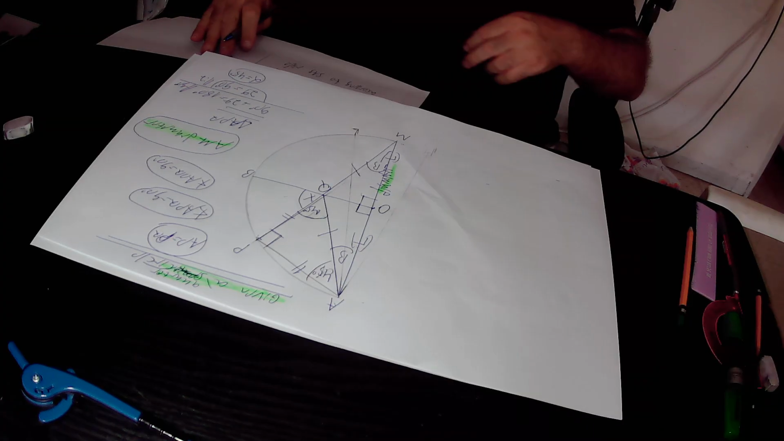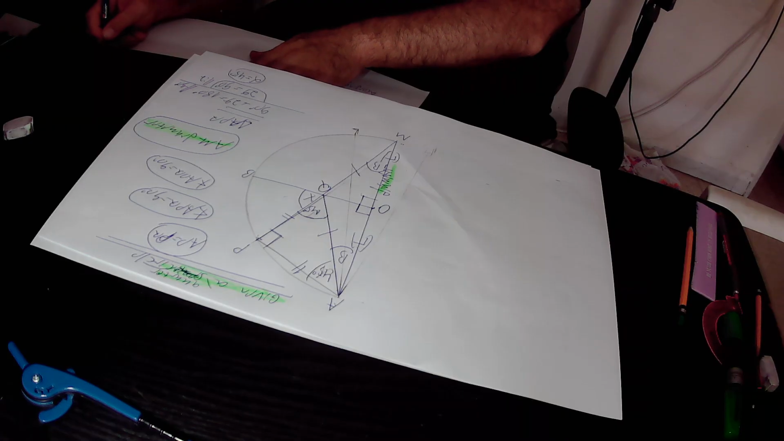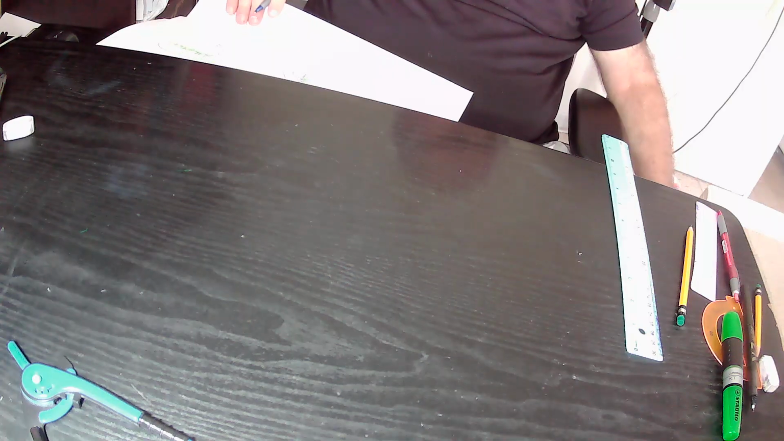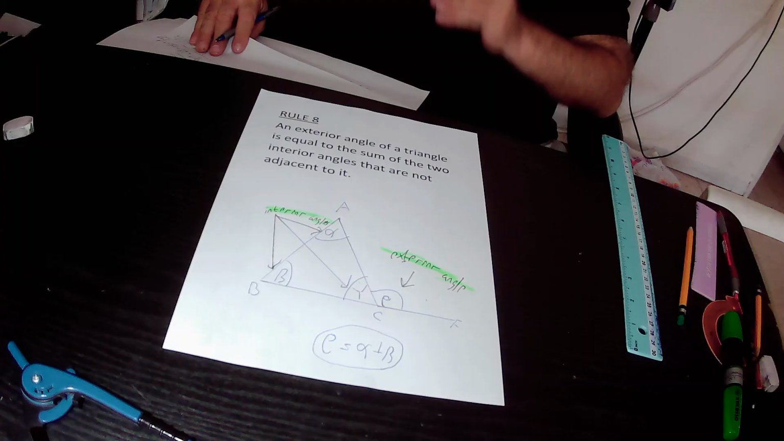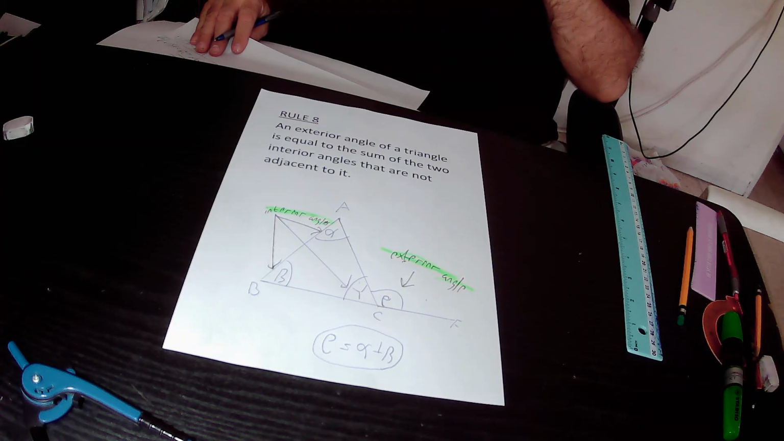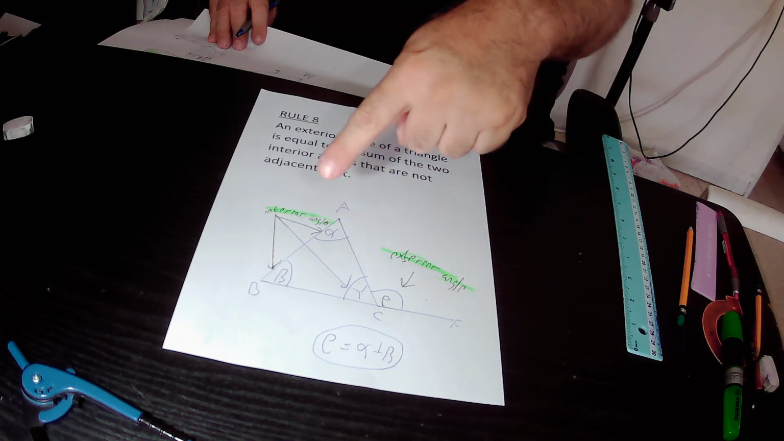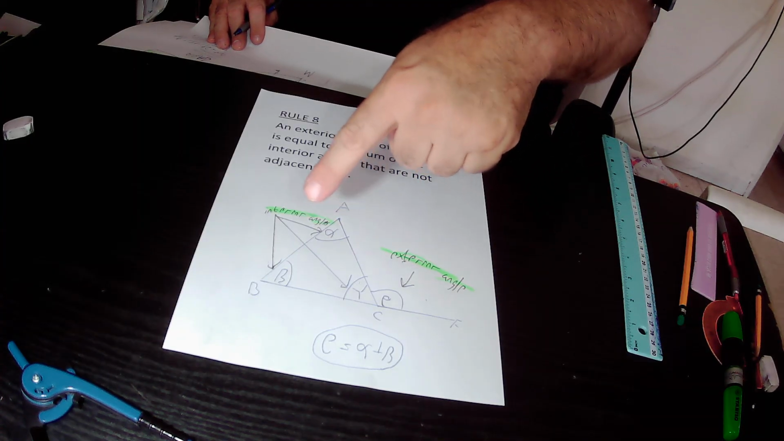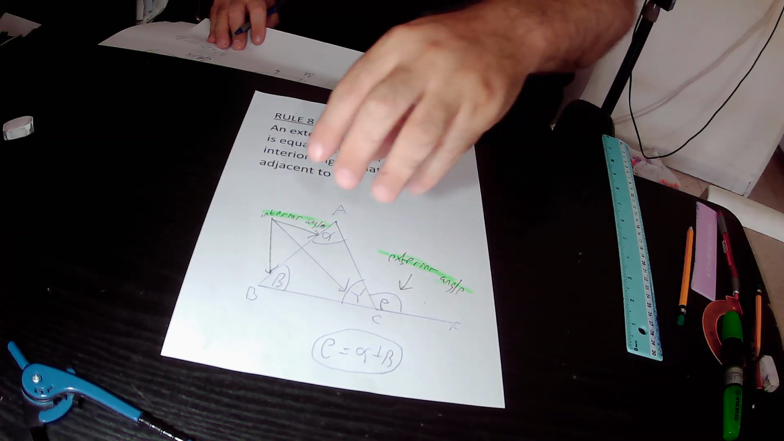So in the next step, I will present to you a new rule, and we will implement the new rule in our drawing. The new rule is rule 8. According to rule 8, an exterior angle of a triangle is equal to the sum of the two interior angles that are not adjacent to it. So in the drawing we have triangle ABC that could be any triangle. The three angles alpha, beta and gamma are defined as interior angles